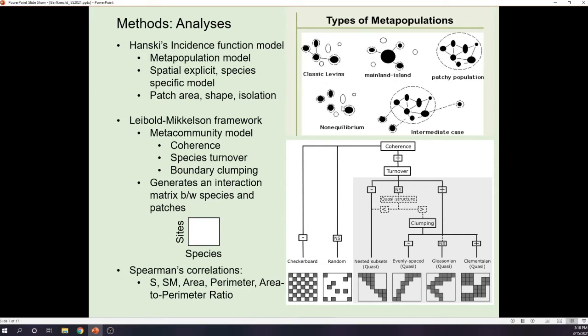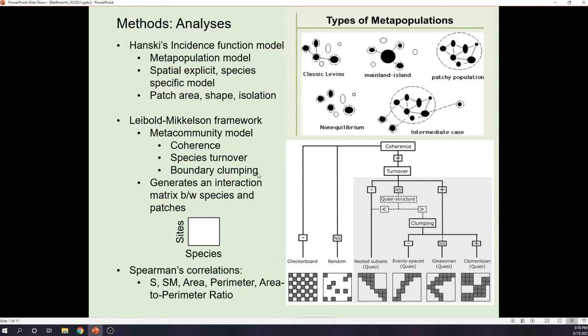And instead, there are more situations like this where you have, for example, mainland island, which is like the theory of island biogeography by MacArthur and Wilson, where you have one large island contributing species to every smaller island, but you can also have patchwork, intermediate cases where an aggregate of several small patches is acting as the source of species abundance as well as genetic diversity to other rescue patches and so on and so forth.